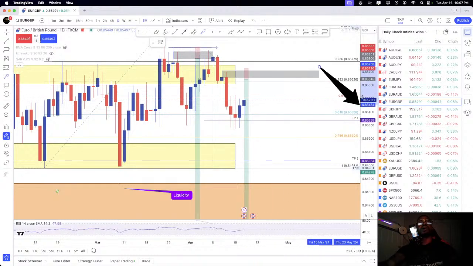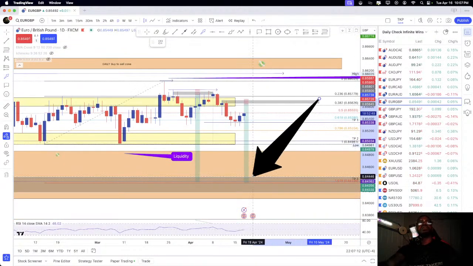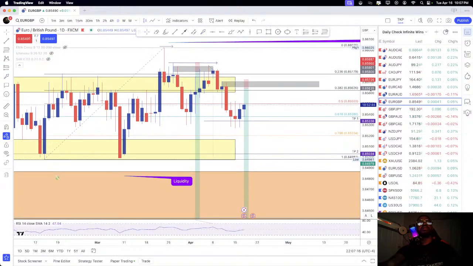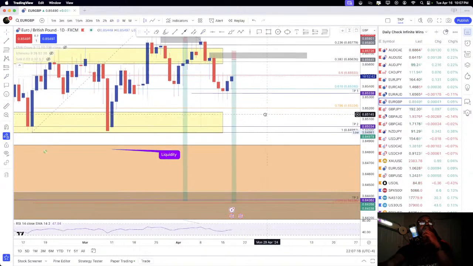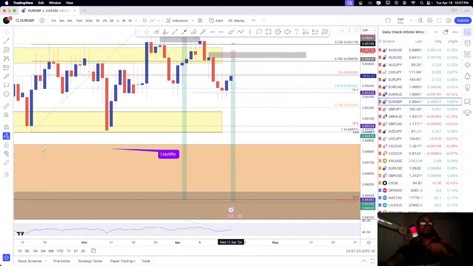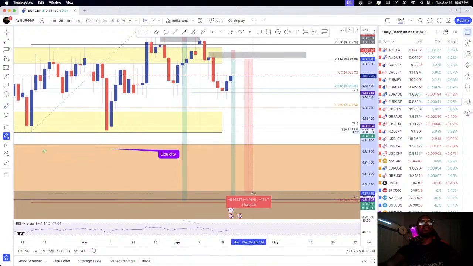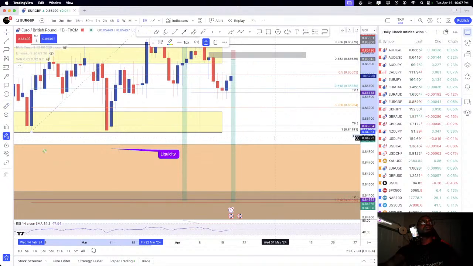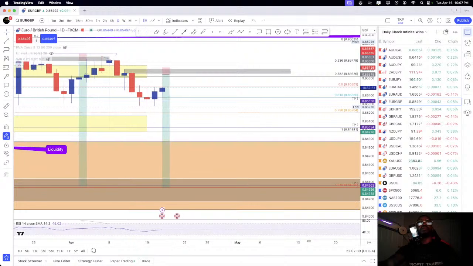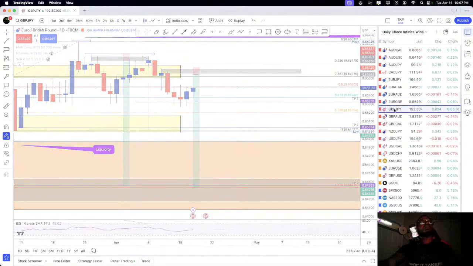So if we're looking for all of this to be played out, it's a great chance we'll be in this trade for at least 2 weeks. But that's fine because that is a nice move. What is it? 1 to 16 on that trade setup. 130 pips on euro pound. That's a big payout. All right, so that's an example of just letting your money work for you. So euro pound,